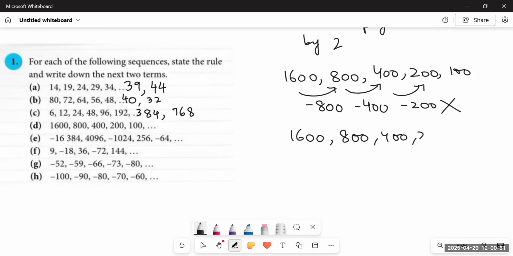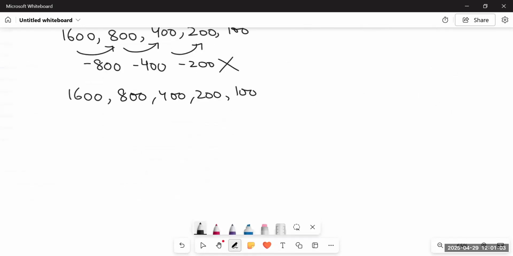So if we look at the sequence, what should I do now? Which number should I divide 1600 by to get 800? In this case, instead of subtracting, we will take the first two numbers and divide the first number by the second number to find out the rule. So we will cut the two zeros: 8 ones are 8, 8 twos are 16. It means it is divided by 2.